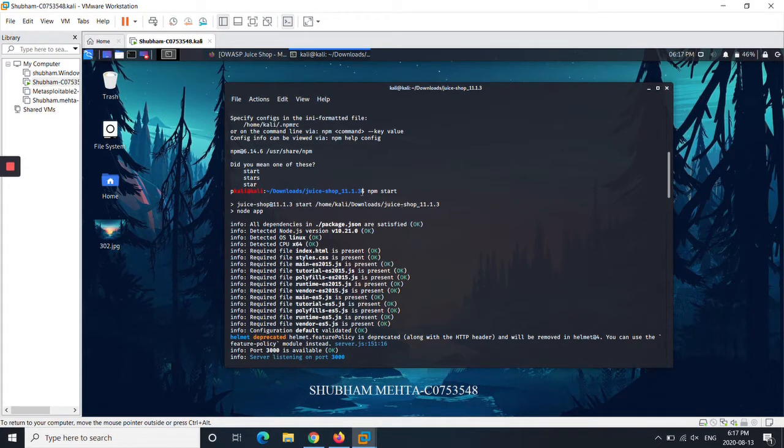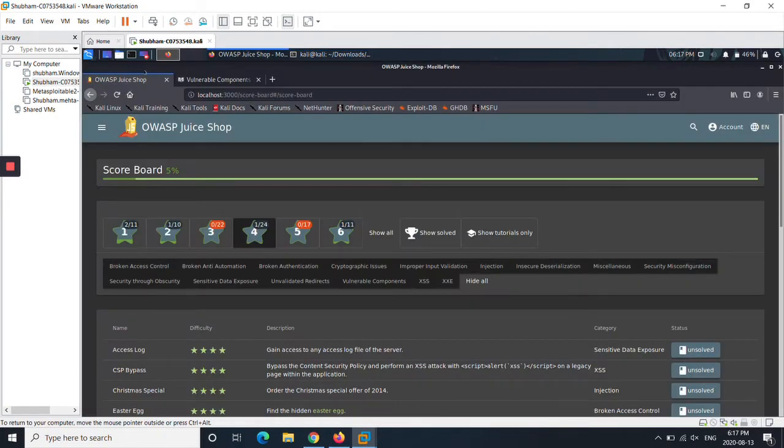So in order to do so, we need to start the service npm by going to that particular package in the downloads folder. So here we can see the server is listening on the port 3000 now, and as it is listening, we'll be able to access the OWASP website on the local host here. So this is running on the local host, and this is the page which is showing all the 6 levels